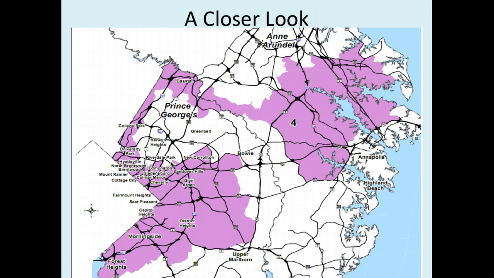Now, does that have a huge effect on you? No, but that means you vote for someone different when you vote for Congress, for members in the House, every 2 years. So you'll notice the shape's kind of weird. Some people think Maryland is notorious for gerrymandering, and that's something we'll talk more about in